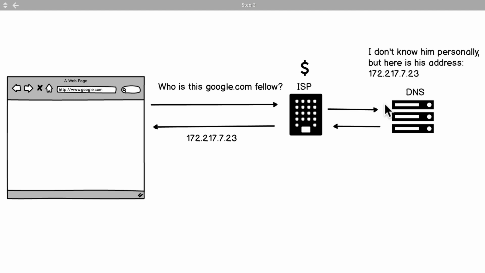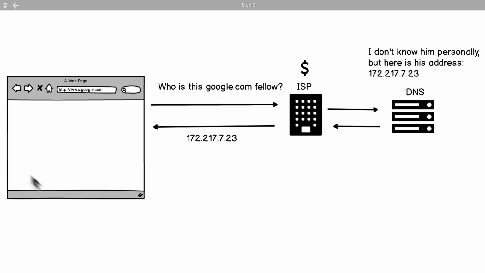And we'll get into that later on in the course. So don't worry too much about it, but essentially it's a phone book that has the list of all these URLs like google.com, and it has the addresses of them. So exactly like a phone book, they know where google.com is. So they say, hey, I don't know Mr. Google.com personally, but I do know his address. So you should go check him out. So they send off that request back through the ISP, and the web browser, Google Chrome in this case, gets